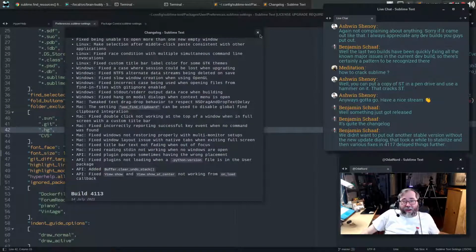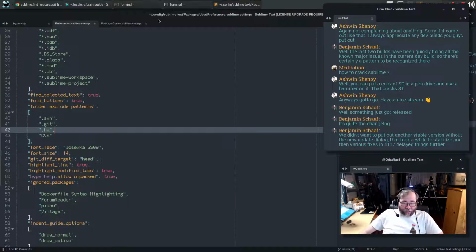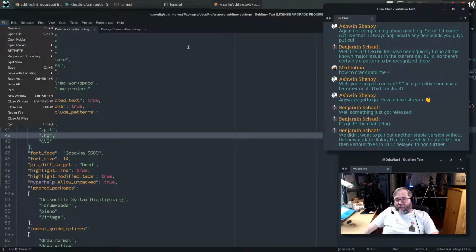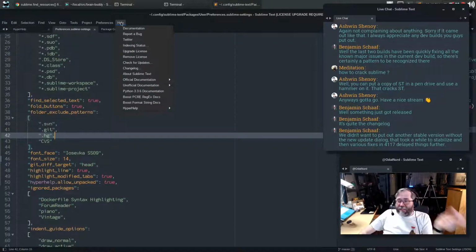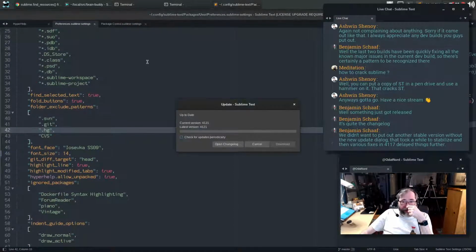This is the cool stuff. Does this mean that now that this build is out, licenses will start being invalidated, or is it after this, so that there's at least one build where it doesn't do it before it starts? I can't remember how that was supposed to work. Check for updates.